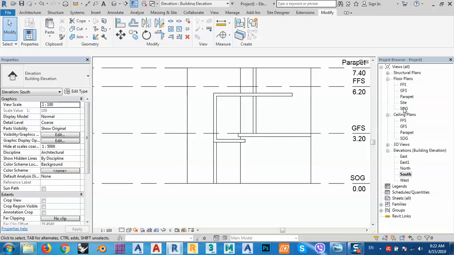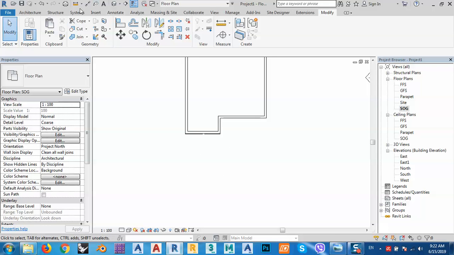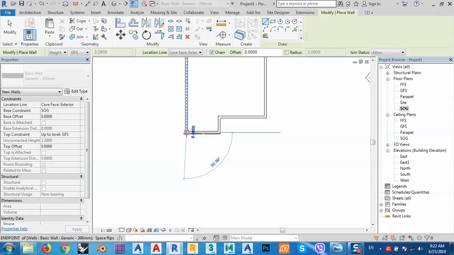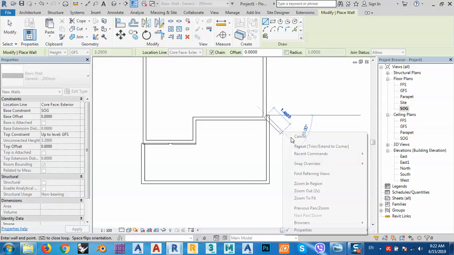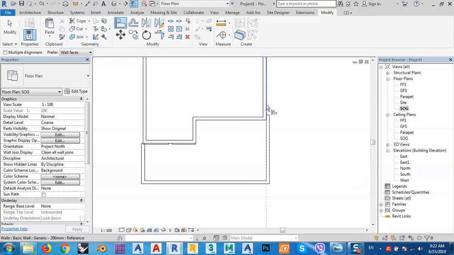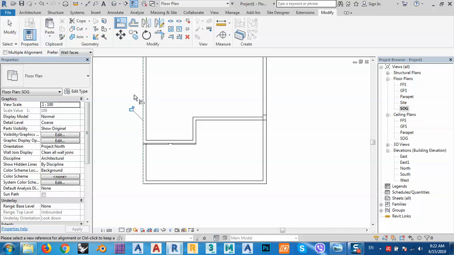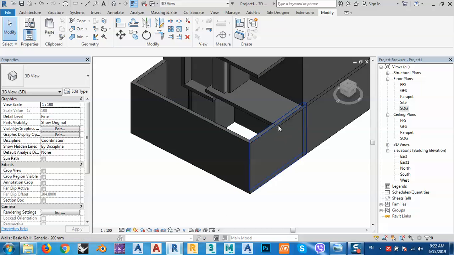Go to S or G. We see we didn't finish this house, which should be 20 meters. So just click here and by 2.5 meters, and just click here and let's say click here. After that, align this, align to this, this to this. Okay, cancel. After that, escape, go to 3D view. You see it's just like this,